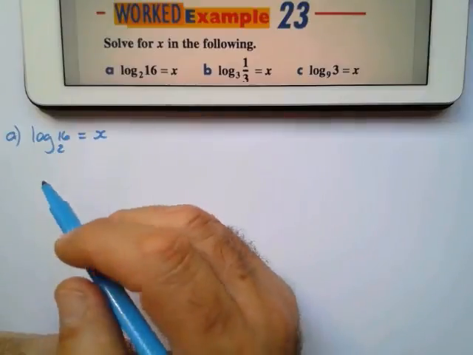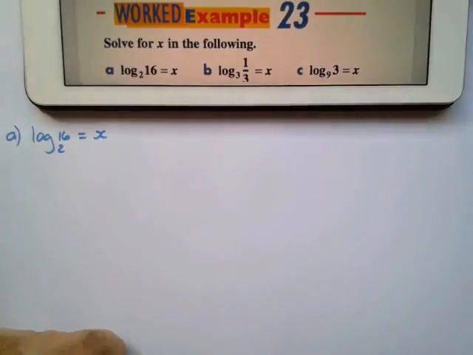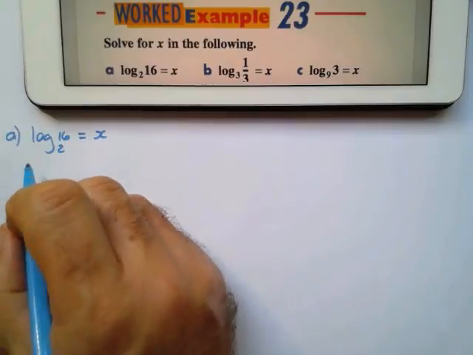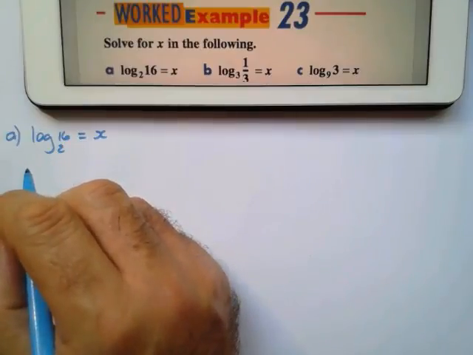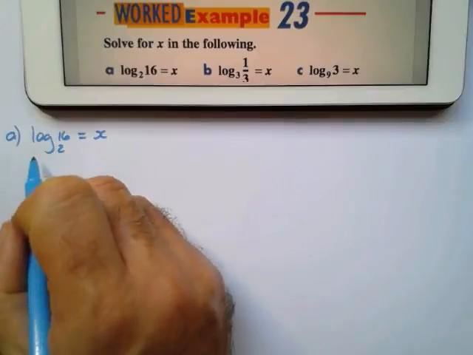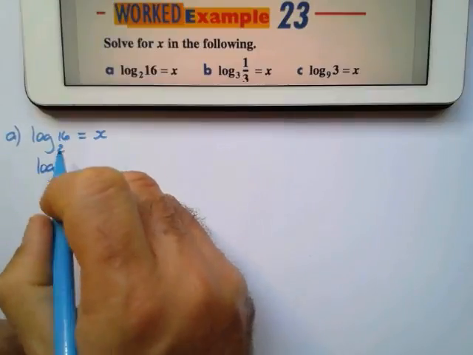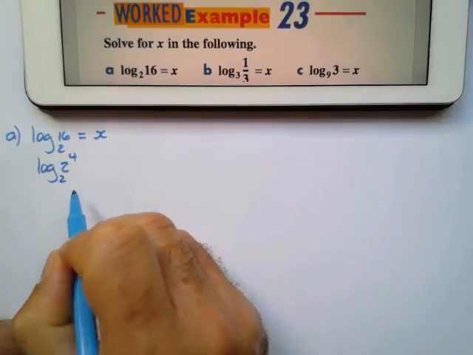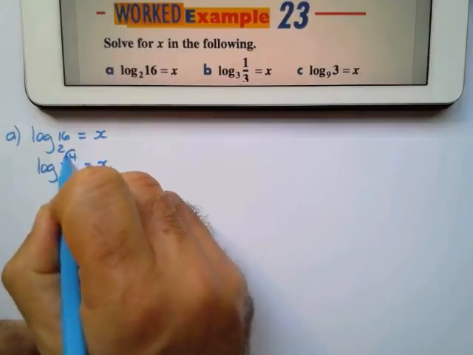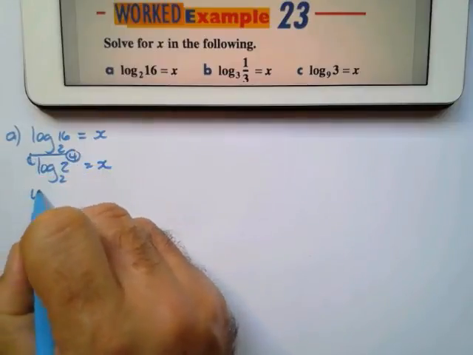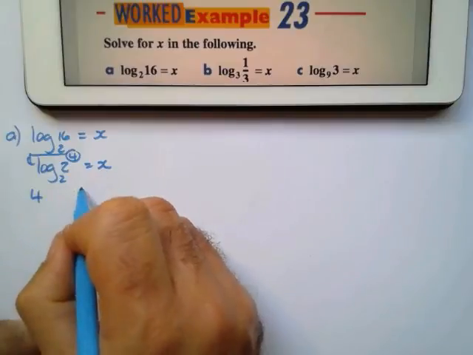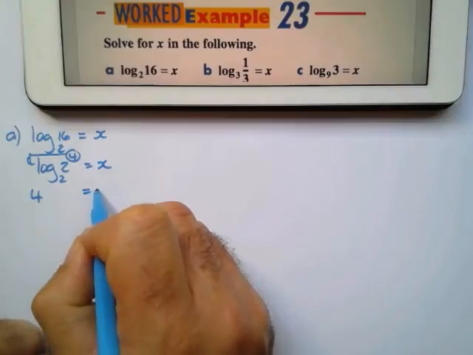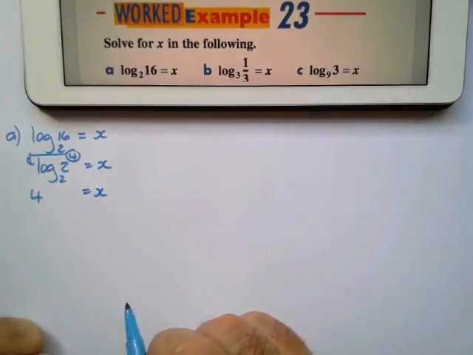So what I'm going to do is I'm going to do the logs first, and what I'm going to try and do is get the base of 16 the same as 2. So this is how you simplified logs earlier. I'm going to say that's the same as the log of 16 is 2 to the power 4 to the base 2, and that equals x. Now the 4 can move to the front. It becomes 4 log 2 base 2, and 4 log 2 base 2 is 1. I'm not going to write it, I'm just going to say 4 equals x.